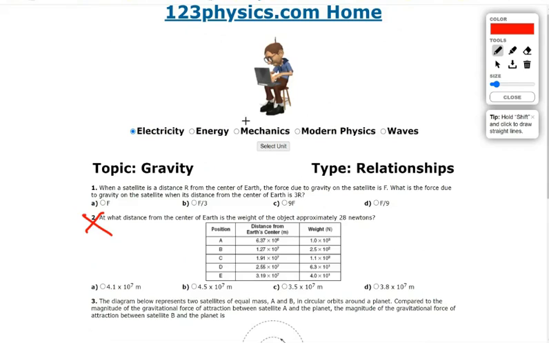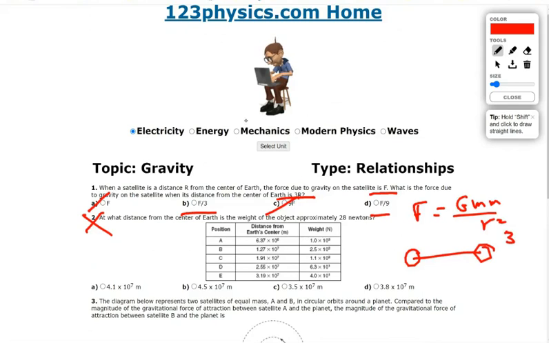So when a satellite is a distance r, the force of gravity is F. When it's 3r, now you're moving away, so it can't be the same. It can't be stronger. It's one of these two. So I look at my reference table and I say, what's that relationship in gravity? Well, it's got the R. The R is the separation. So you're tripling this number, but that gets squared and it's on the bottom. So it's 1/9. Right?